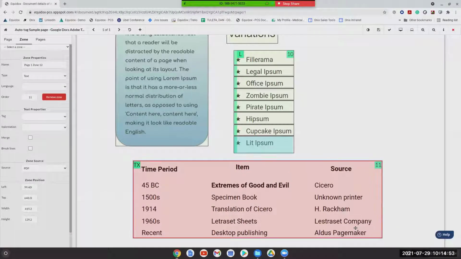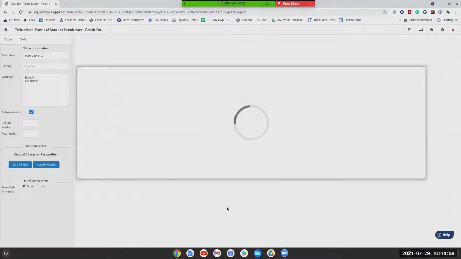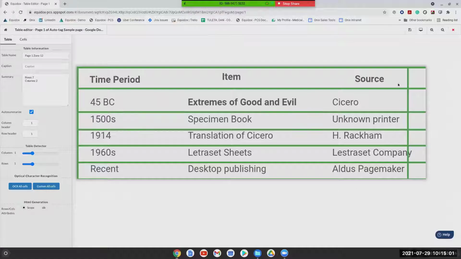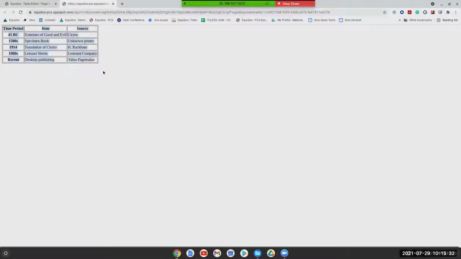So if I just draw a zone over the entire table, press T on my keyboard and open up the table editor, what I will see is I get the table isolated for myself. And I have these green grid lines, which I can move around freely and change their location, change the quantity of rows and columns if needed. But I also have this table detection slider. So this is using artificial intelligence and machine learning to better understand the cell structure of this table. So as I move these detection sliders around, Equidox is able to pick up the rows and the columns, and it's able to break up the data for me, and it will automatically produce a nice, clean, usable table, which I can see over here in an HTML preview.